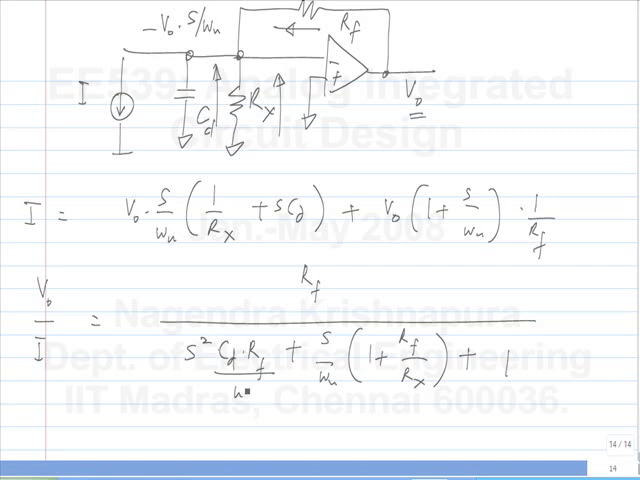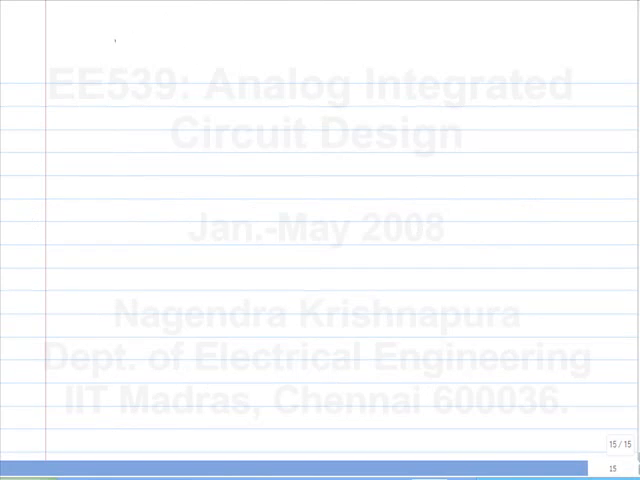This is divided by omega U. Okay. So let's say we adjust for maximal flatness. What's the bandwidth we'll get? This is 1 over omega n square. If you adjust it to 1 over square root of 2 quality factor, the bandwidth is omega n. So the closed loop bandwidth